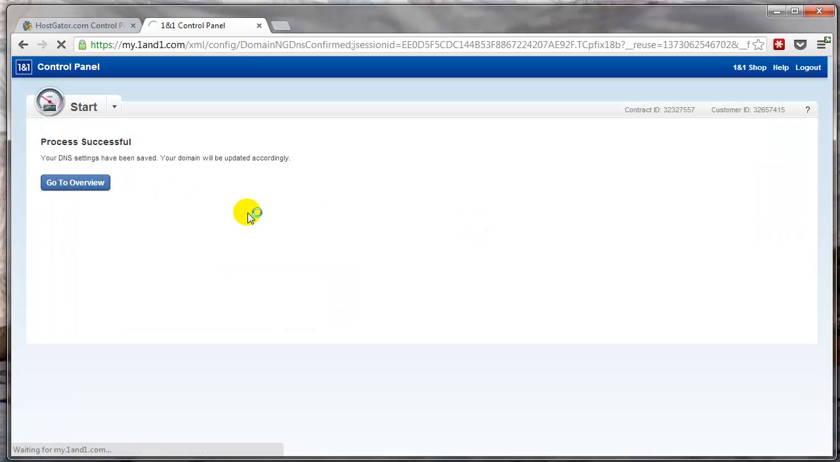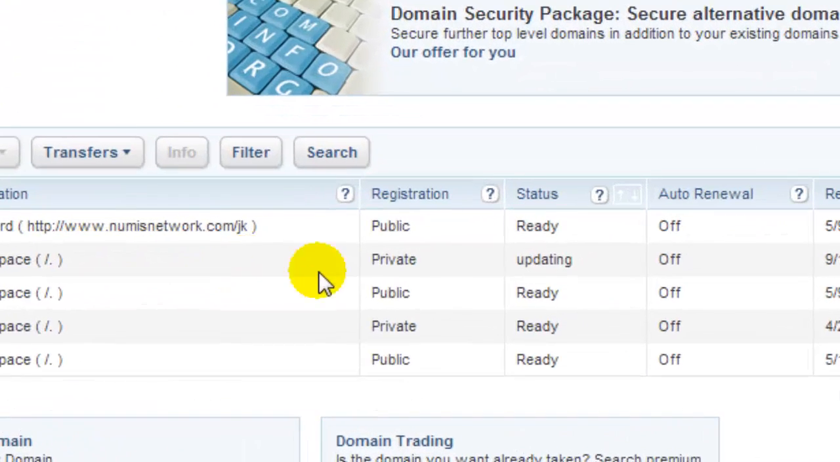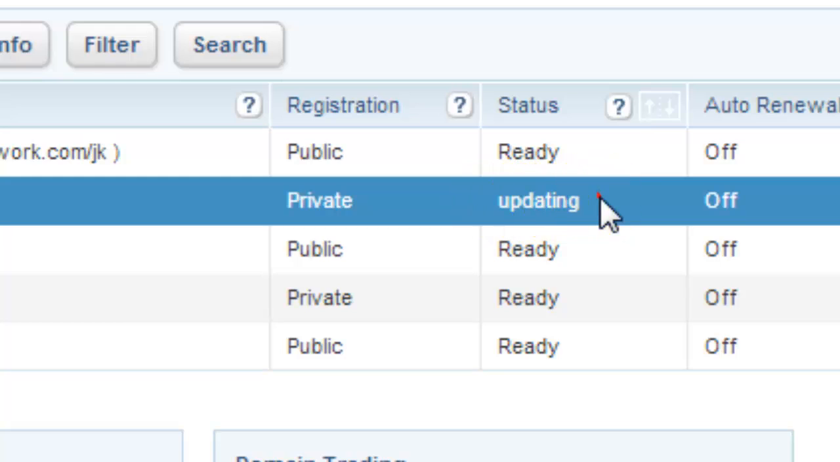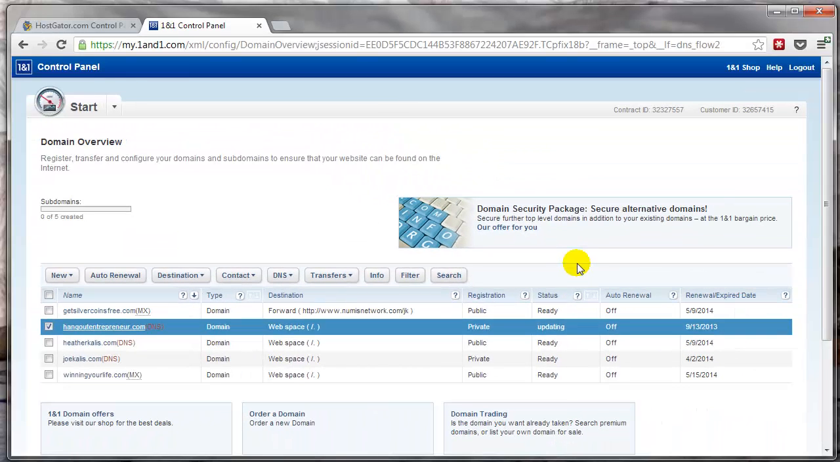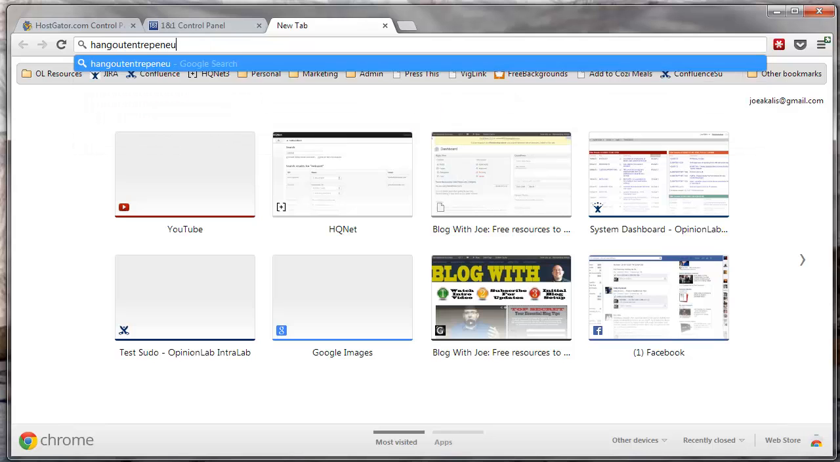Now this is going to take a few minutes. Most registrars take a little bit to actually propagate all the changes, so you'll see in the status for 1&1 that it's updating, and in a little while, I'm not really sure how long it takes, it'll update, and you'll be able to go to hangoutentrepreneur.com or yourdomain.com, and it should show the files as being hosted with HostGator. So if I go here now, Hangout Entrepreneur,